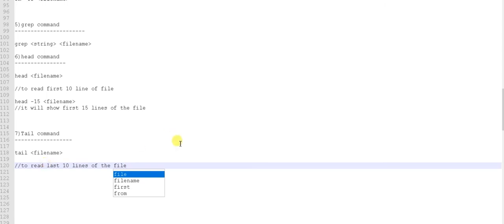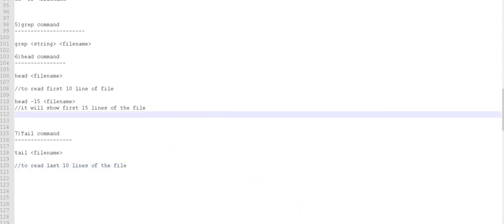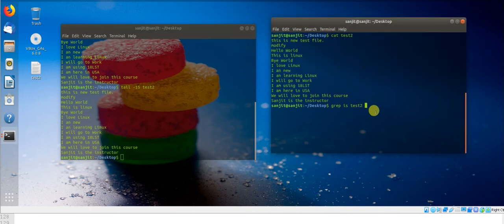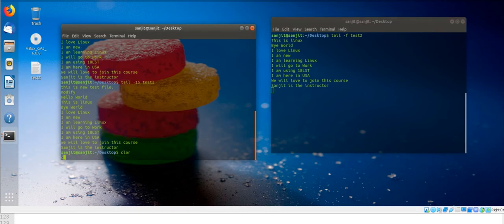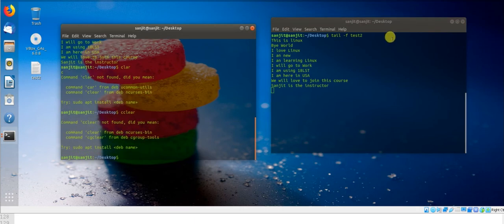There is another way people use tail: tail minus f followed by the file name. What this does is keep on waiting for you. Let me show you something. It will wait for something, so if something gets added to this file, it will show here. So what I will do is add at runtime, and let me add from here. So gedit, and let me open the file.